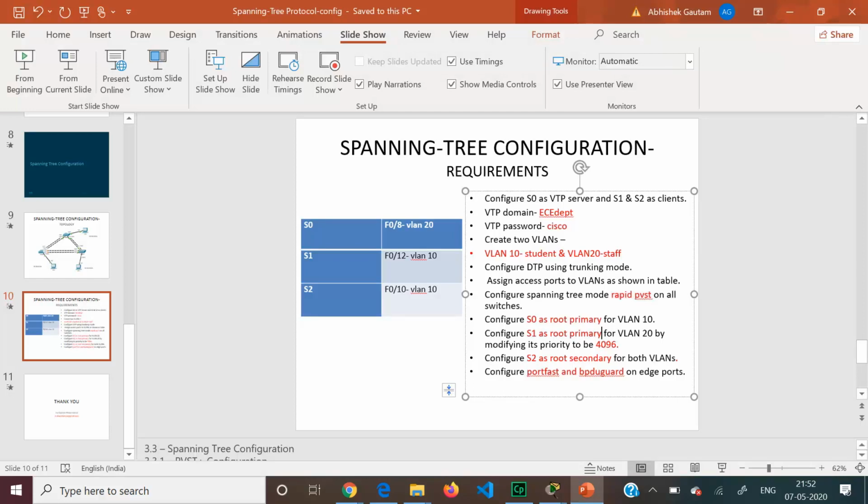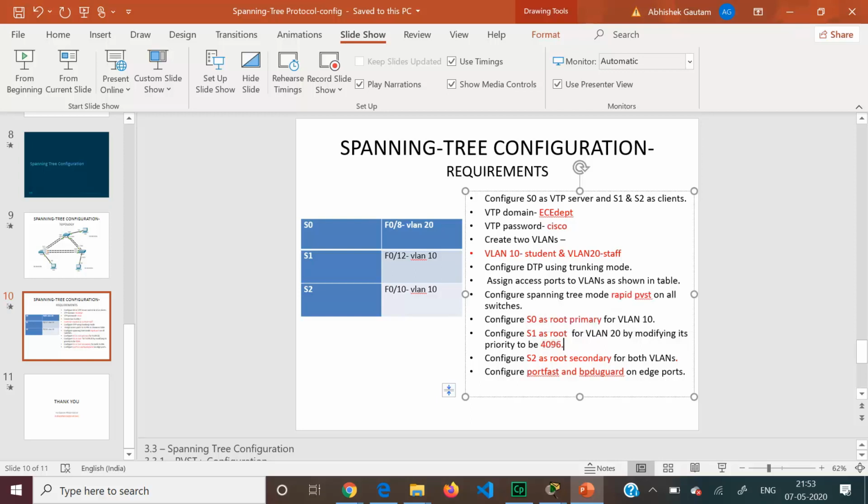Here, because priority is given, we'll take it as priority. I'm going to show you both how we can set a root bridge using the root primary command, and how we can set a switch as the root bridge by changing the priority.